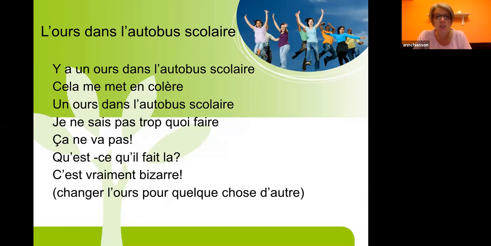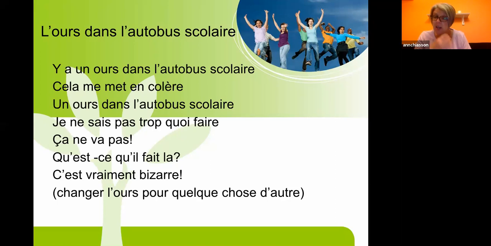Il y a un ours dans l'autobus scolaire, cela me met en colère. Un ours dans l'autobus scolaire, je ne sais pas trop quoi faire. Ça ne va pas, qu'est-ce qu'il fait là? C'est vraiment